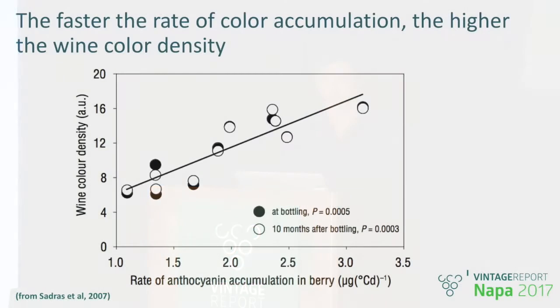So you can use sugar loading as a proxy: as long as sugar is actively loading, you know you have not reached your maximum color potential. So I think that's a first practical take-home. But the second take-home is, what about the gap between the sugar peak and the color peak? And more interestingly, how is this gap responding to heat? And that's what we're going to discuss over the next slides.